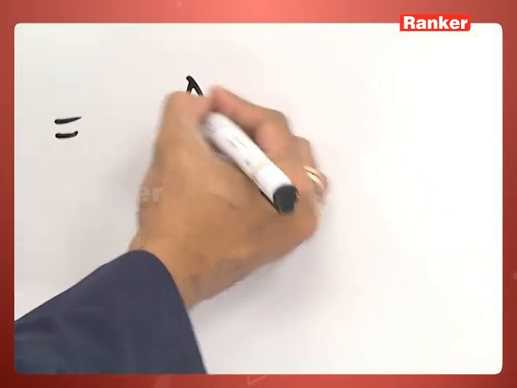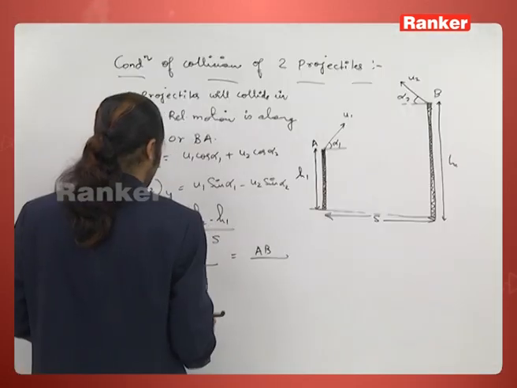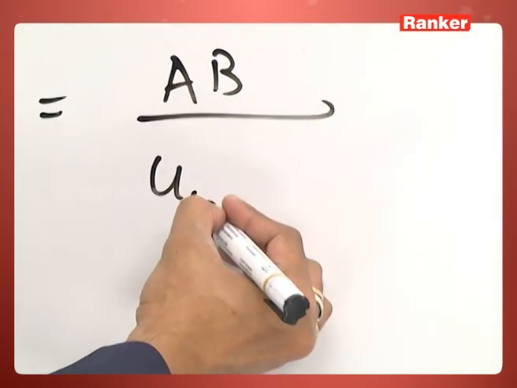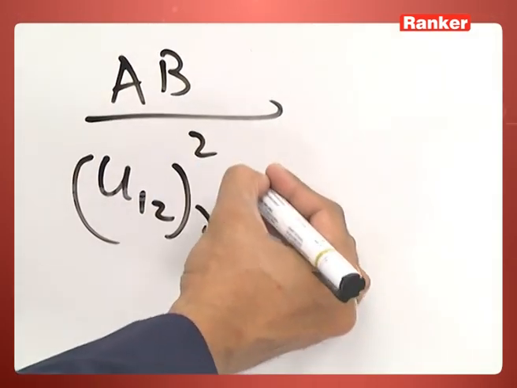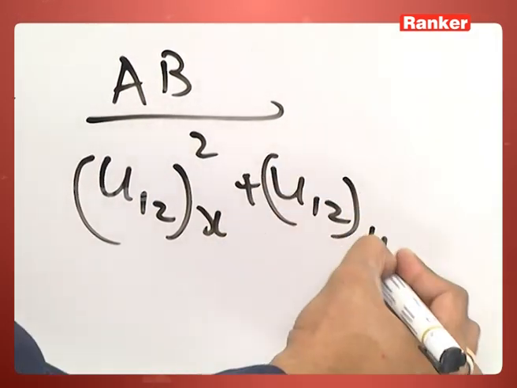So net u AB divided by u1 2 mod will be u1 2 along x square plus u1 2 along y whole square,